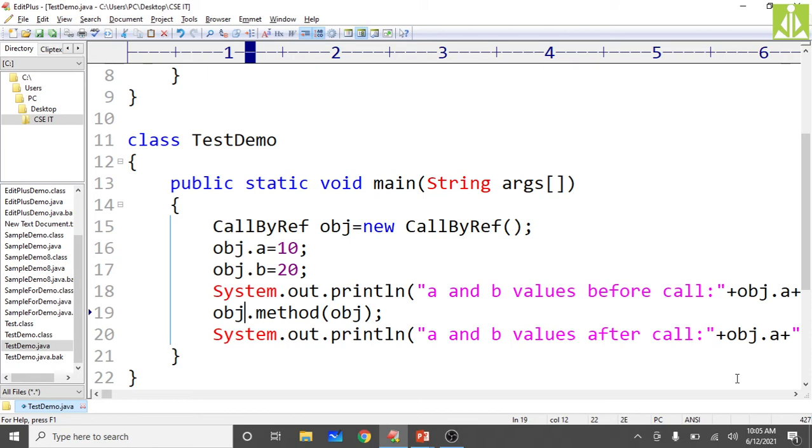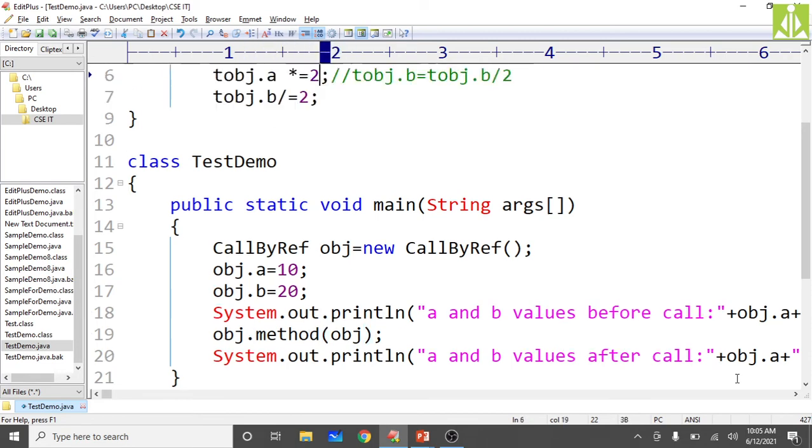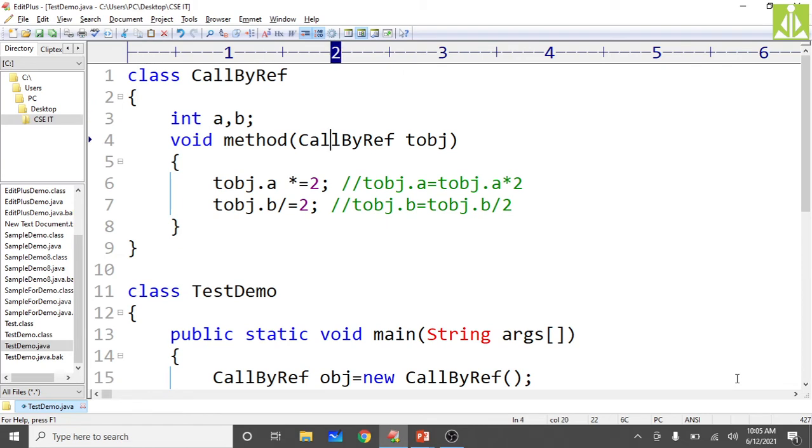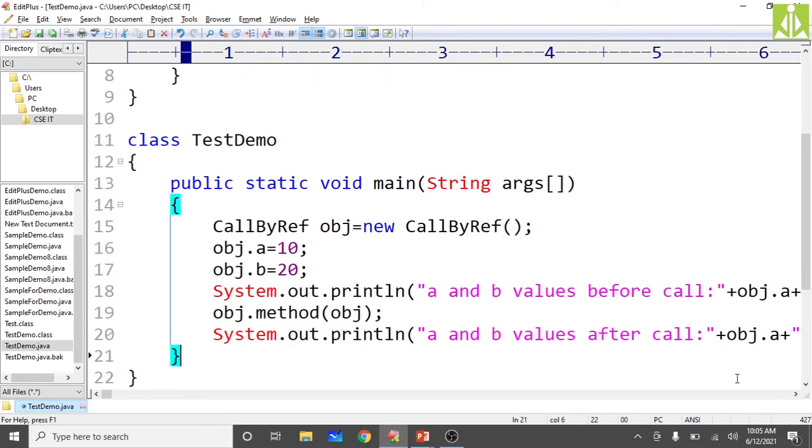I'm passing that actual object obj to my method, and it will be received inside the temporary object TOBJ. Now TOBJ and OBJ are going to point to the same memory location. They are not different things, they are the same thing.